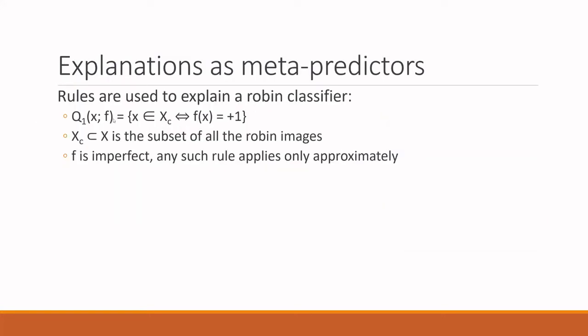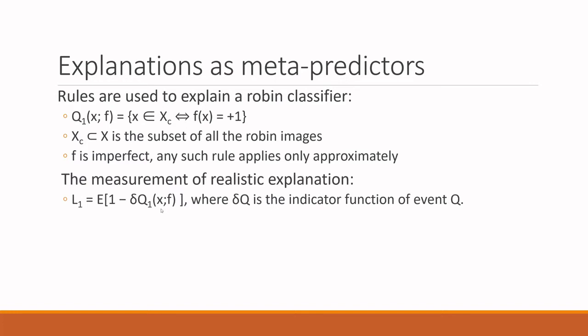Suppose that the following rules are used to explain a Robin classifier. x_c is one Robin image as input, which is a subset of all Robin images X. Since the black box function f is imperfect, such rules apply only approximately. In this case, this paper used expected prediction error to measure the realistic explanation, which is represented as this equation,